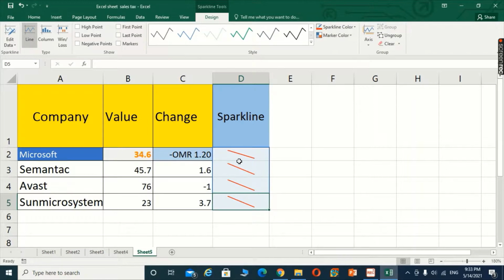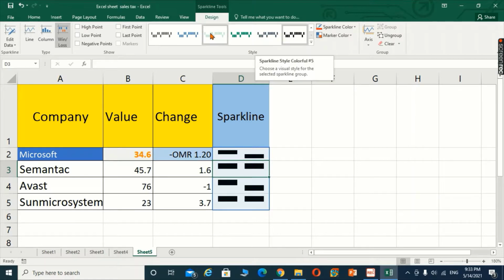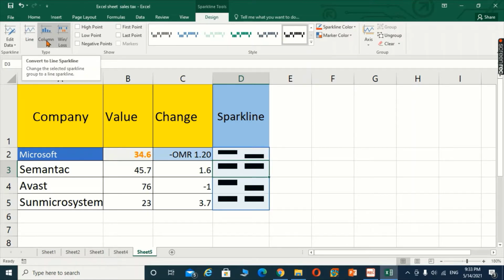If you do not like this one, you can select another one. For example, I want to select this one. This one is a little bit better. So we can apply the sparkline chart like this, and you can select any format, any color from the options appearing on the Design tab.